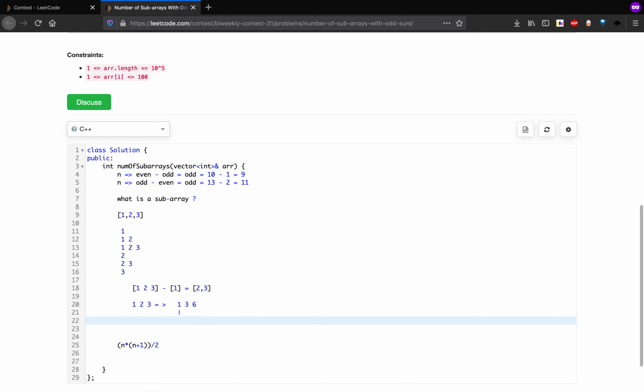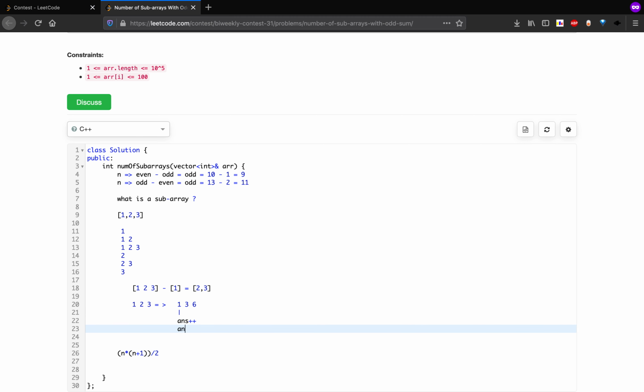So we know that till here the sum is odd, so we do answer plus plus, and also we need to add the count of even numbers which come prior to the ith index.